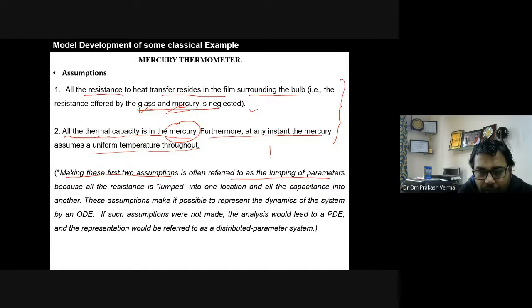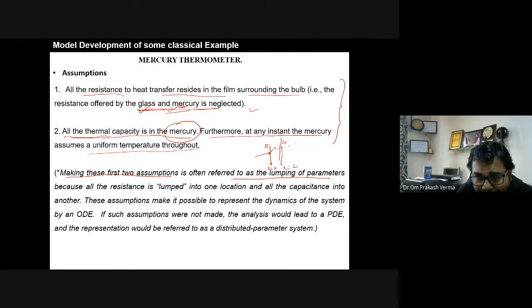Because we are not taking the temperature along the wall, that is, how this temperature varies with the wall coordinates. Let's say this is the temperature at length x equal to 0 and this is x equal to L. The temperature at x equal to 0 is, let's say, 25 degrees Celsius. However, the temperature at x equal to L is, let's say, 20 degrees Celsius.